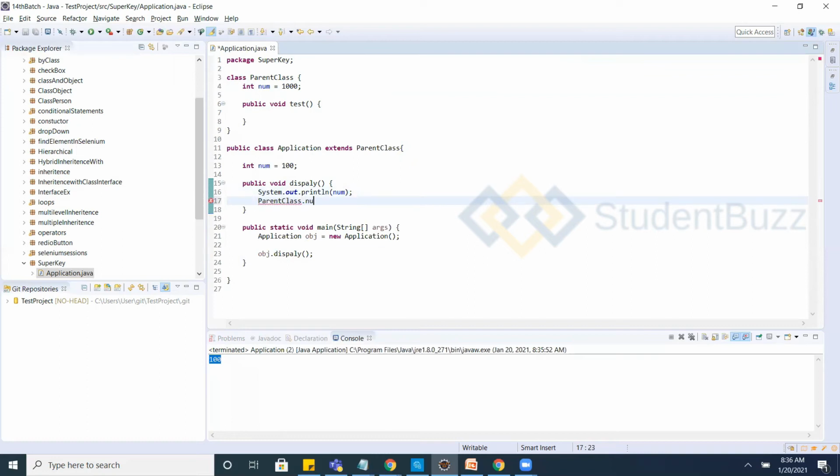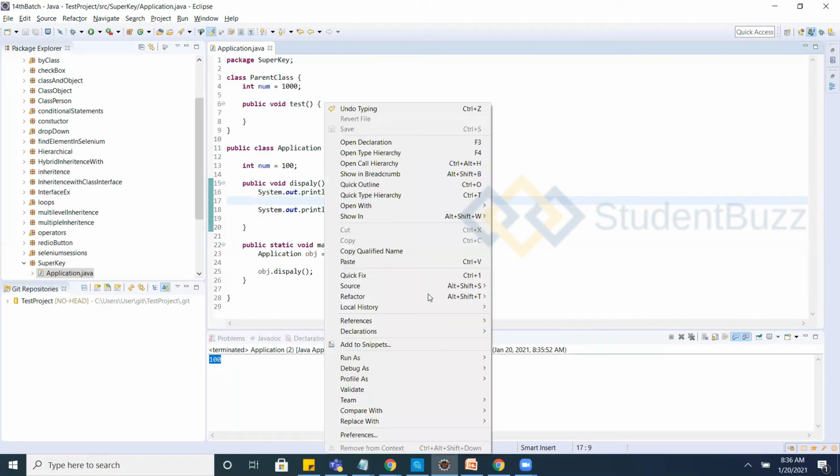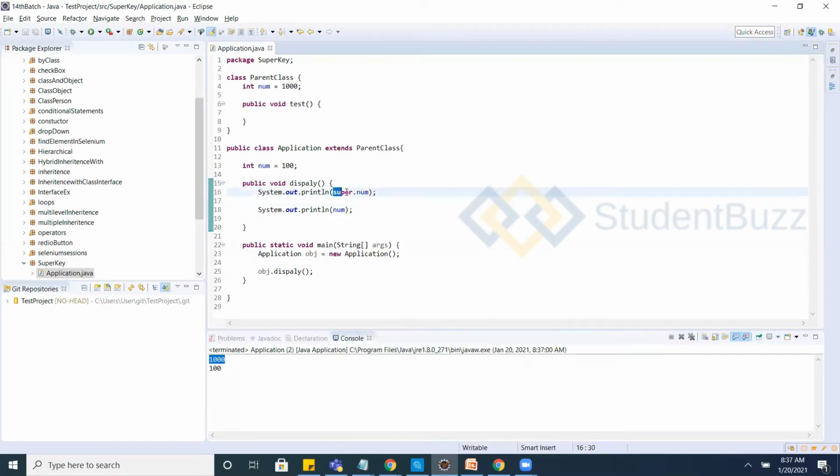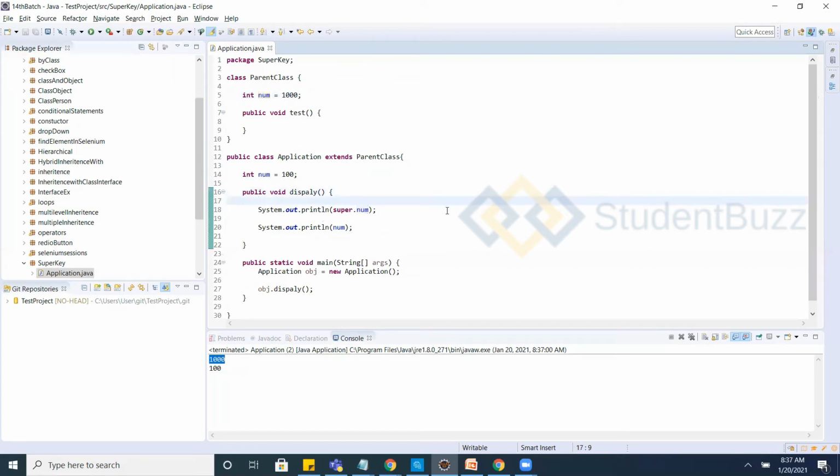Let's see, it is not allowing you here. So the easy way is the super keyword. Using super dot num, let's execute now. After you say super dot num, it is calling the parent class num variable, and whatever value is stored is printed here. So using this super keyword, you can call the parent class variables.